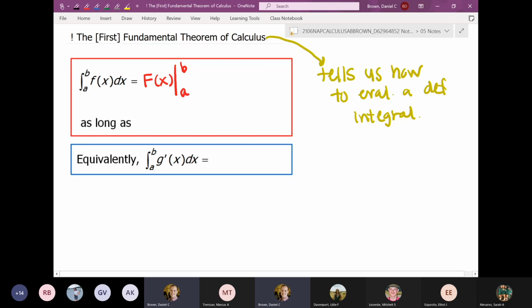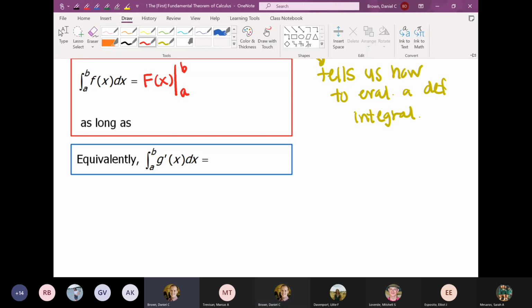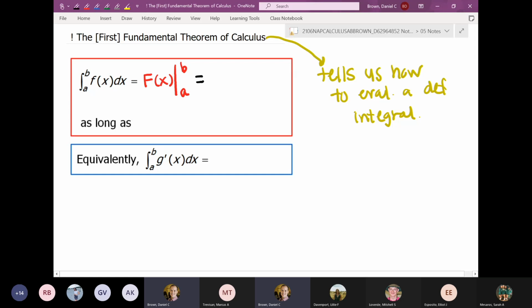So an integral is going to be different from a derivative. For a derivative, we know that we plug in one value. For an integral, we're going to plug in two values. And the most important part is going to be the order that we plug. When evaluating an integral, after you find the antiderivative, you're going to plug in the top minus plug in the bottom. This only works as long as f of x is continuous